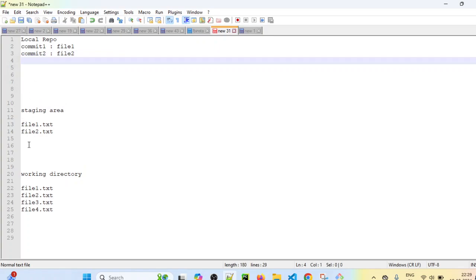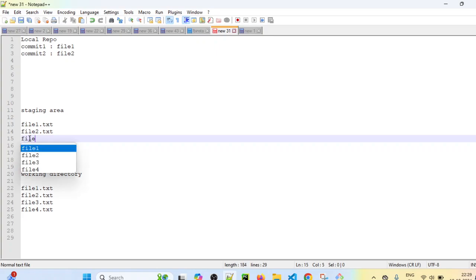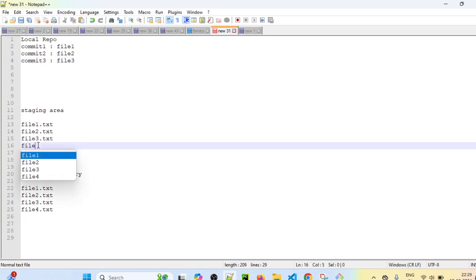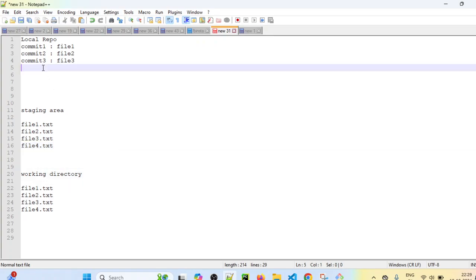Then we added file 3 in the third commit, and that file also went to the local repository. Then we added file4.txt in the staging area, and also did the commit for file 4 as well.